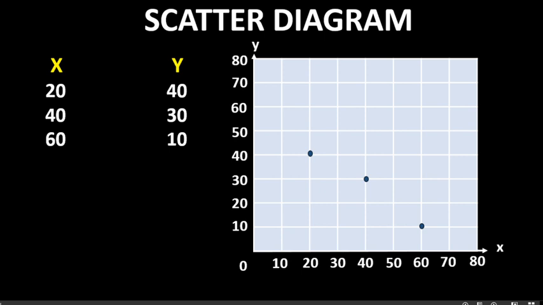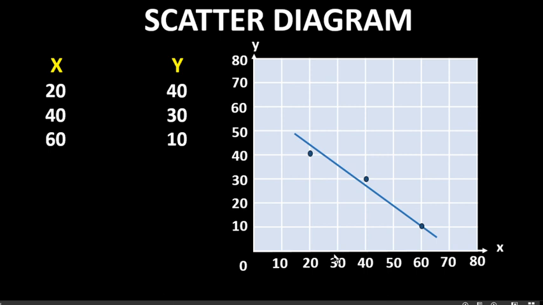Now we have to draw such a straight line that will include all these points. But these points are seen to be non-linear, not collinear. So we have to draw such a straight line from which the distance of all these points will be minimum. And here such a line is drawn.